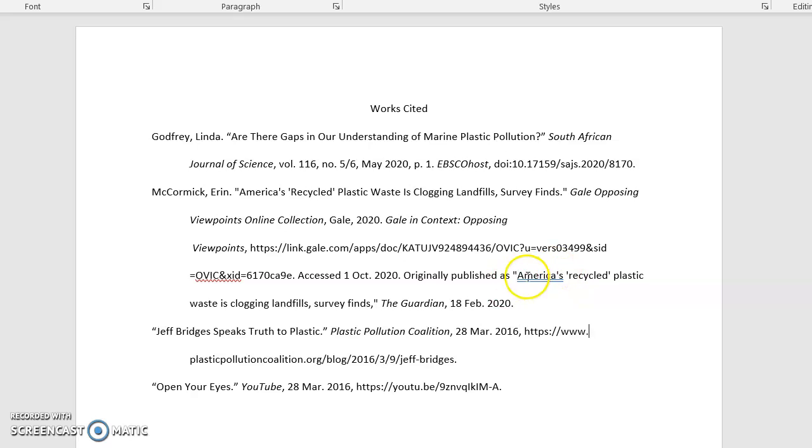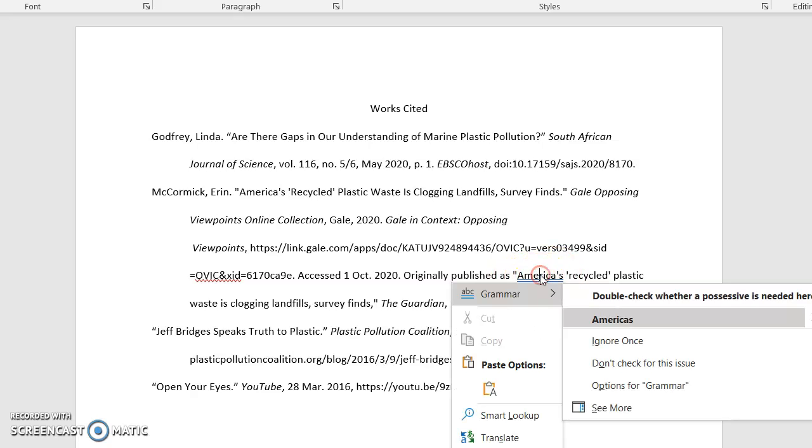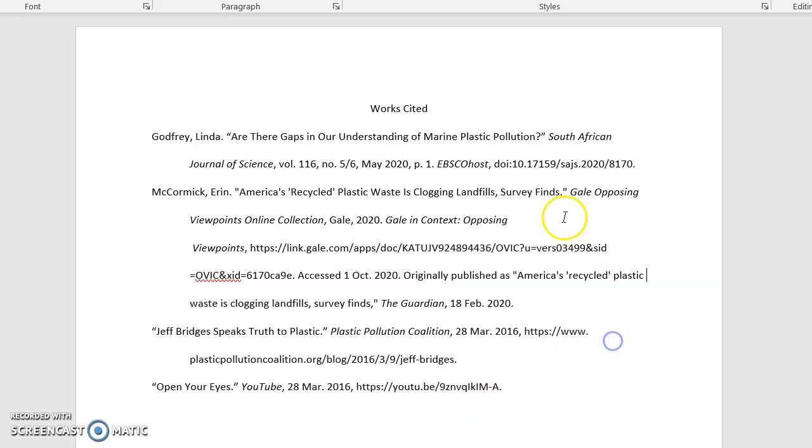It also has this underlined, and I'm not sure why. I could click on that. All right, it's correct as it is, so I don't need to do anything to that. But I see on my Works Cited page here that now one of these is not in alphabetical order. So G and M and J and O. So J is out of order,